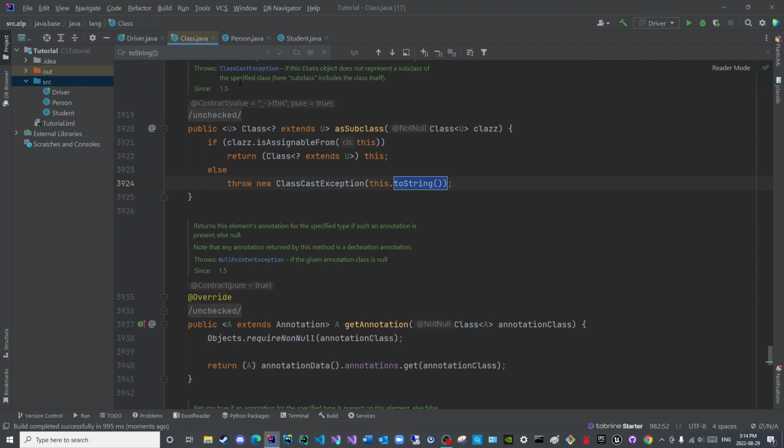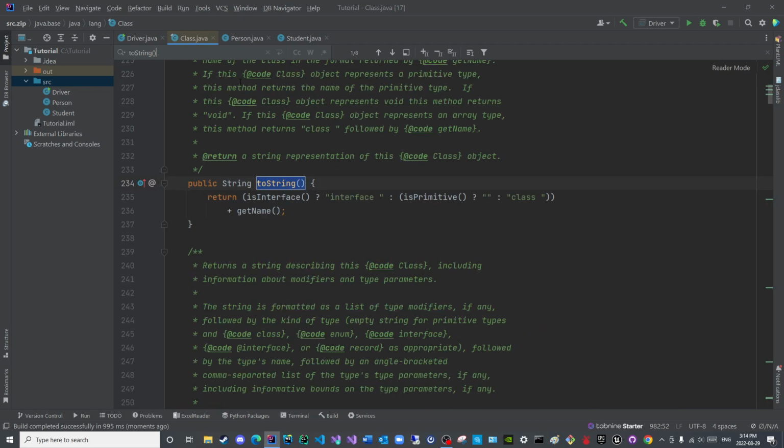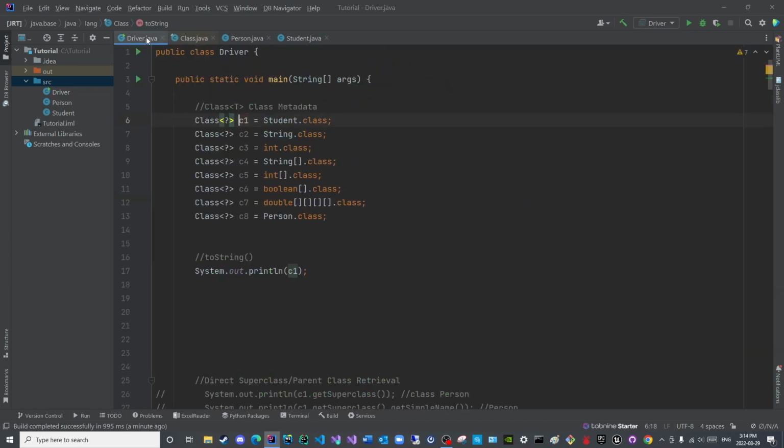toString method, and if you recall, it has a nested ternary operator, which I need to create a lecture for, God willing. But as you can see, if it is an interface, it prints an interface. If it is a primitive, it prints empty. And if it is a class, it prints a class. So let us create